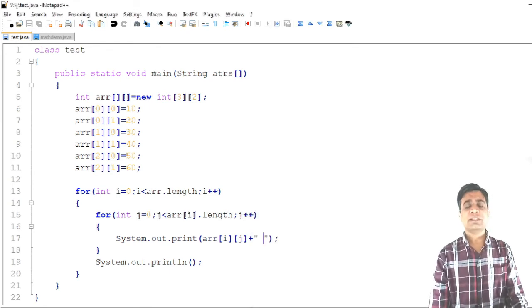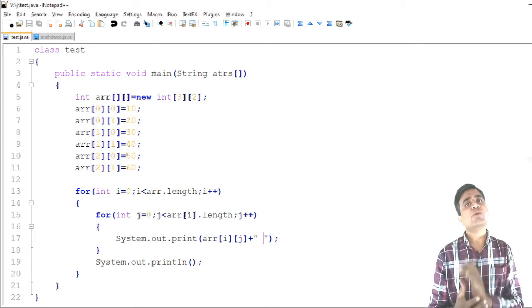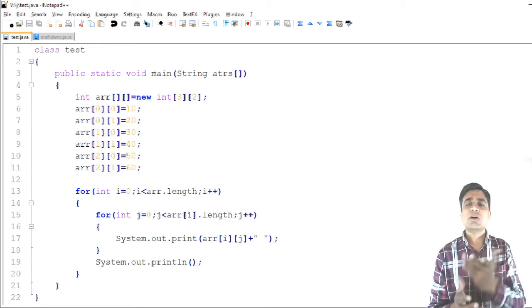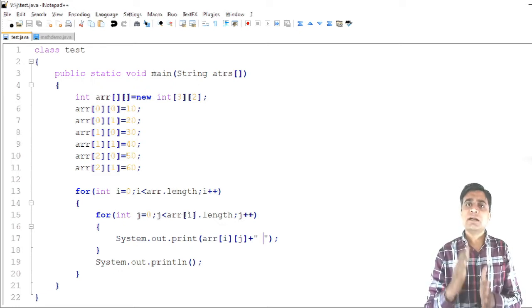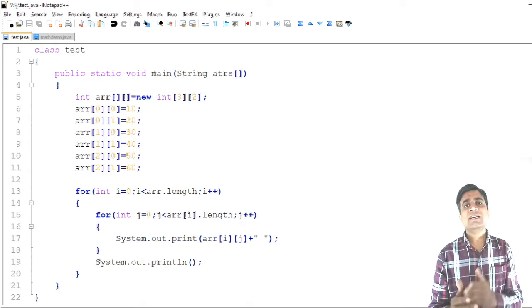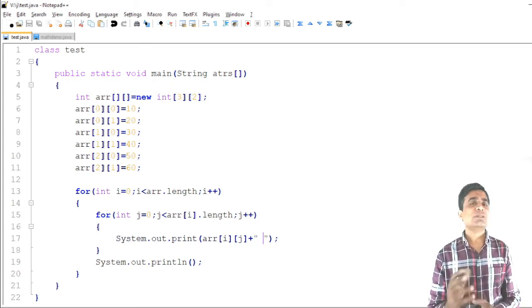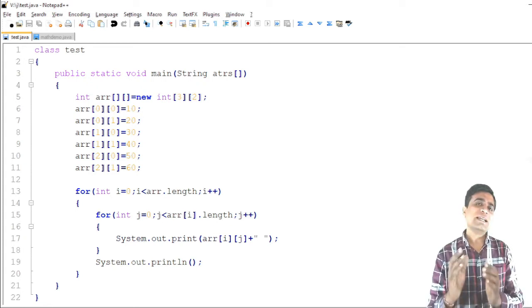So now our next topic is the ragged array. What do we mean by the ragged array? A two-dimensional array is called a uniform array, meaning 3 cross 2, 3 cross 3, or an m cross n matrix. Here the number of elements in each and every row is the same. Like if you write 3 cross 2, then row 1, row 2 and row 3 all contain only two elements. But suppose you are talking about a non-uniform array: in my first row only one element is there, in my second row 3 elements are there, in my third row 5 elements are there. So this is called a non-uniform array, or a ragged array.